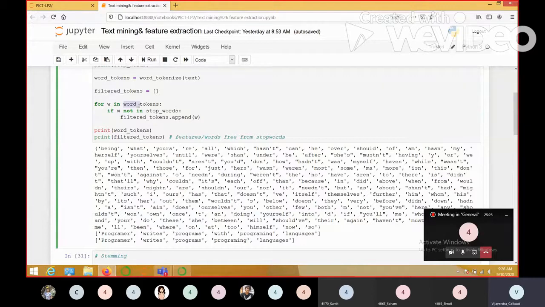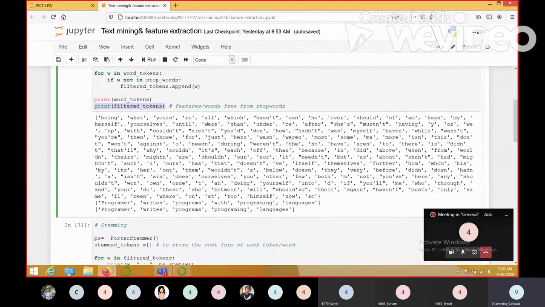Whichever word is present in word_tokens, we'll take one word at a time, and if that word is not present in our stop words list, then we append that word into our empty filtered_tokens list. Understood? So if w not in stop_words, then append w to filtered_tokens. That's all. Then we have printed our word tokens and the filtered tokens over here.